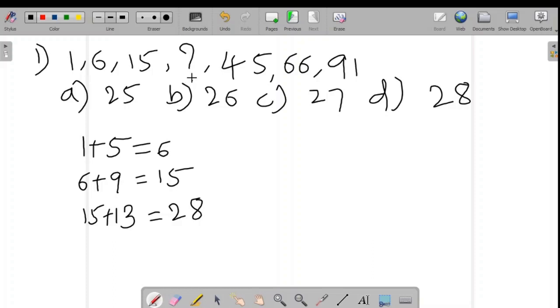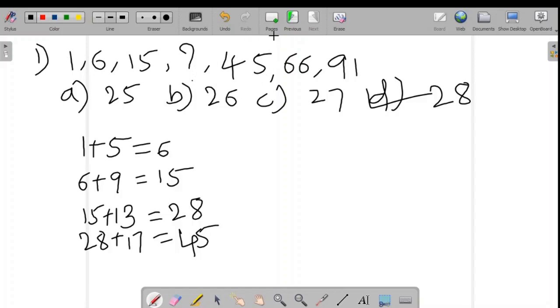Now, how to confirm that 28 is correct? Let us add 28 and the incremented 13, that is 17. So we should get 45. If we get 45, then the series is proper. The sequence is 5 plus 4, 9; 9 plus 4, 13; 13 plus 4, 17; 28 plus 17 is 45. So the right answer is 28. This is the correct answer for the sequence. So after 15, we will have to fill in 28. This is the logic here.